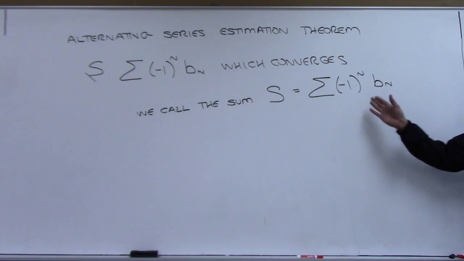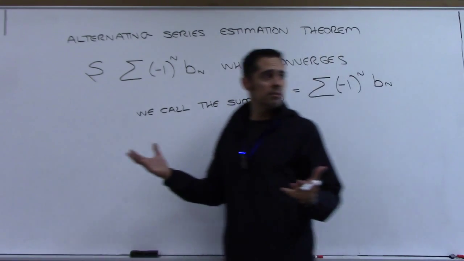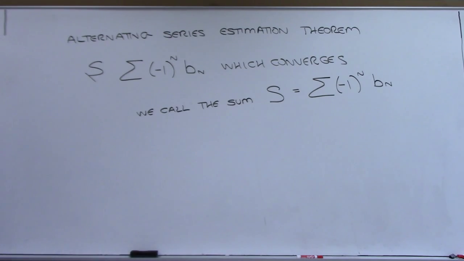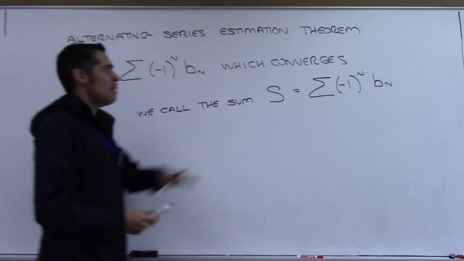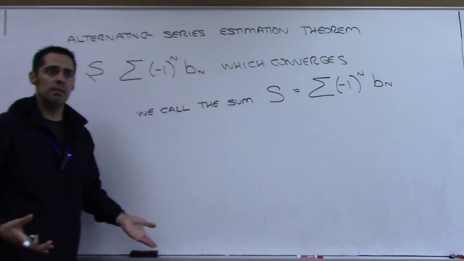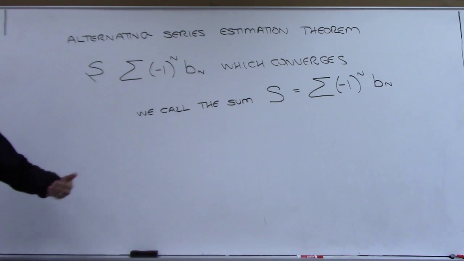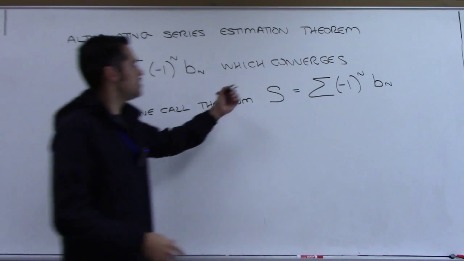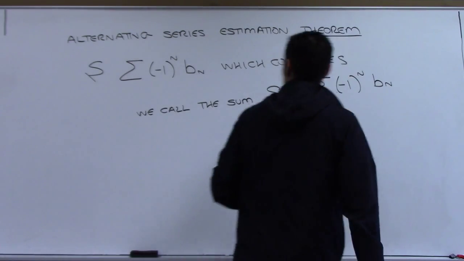But the problem is we would have to add up all of them forever, wouldn't we? And that's impossible. We would always have to stop somewhere in the sum on a computer or on a calculator, wouldn't we? If we actually wanted to figure out what it adds up to, eventually you'd have to stop. This theorem says that